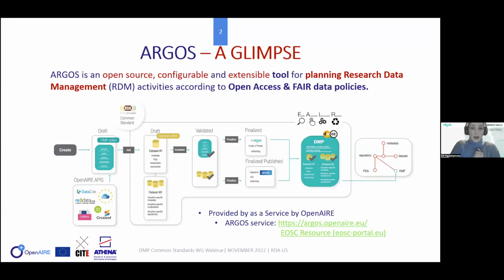Very quickly about Argos, and this is the only slide that I have for this, just to give you a background of how this tool works, and then you can understand what we did in order to advance the machine actionability of its outputs. So Argos is a very dynamic tool that supports and implements the open access and FAIR data and software policies of funders and institutions.